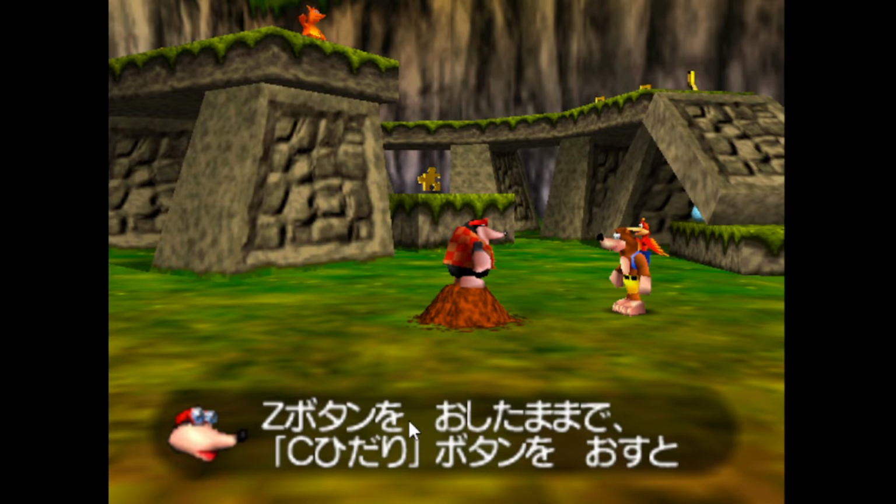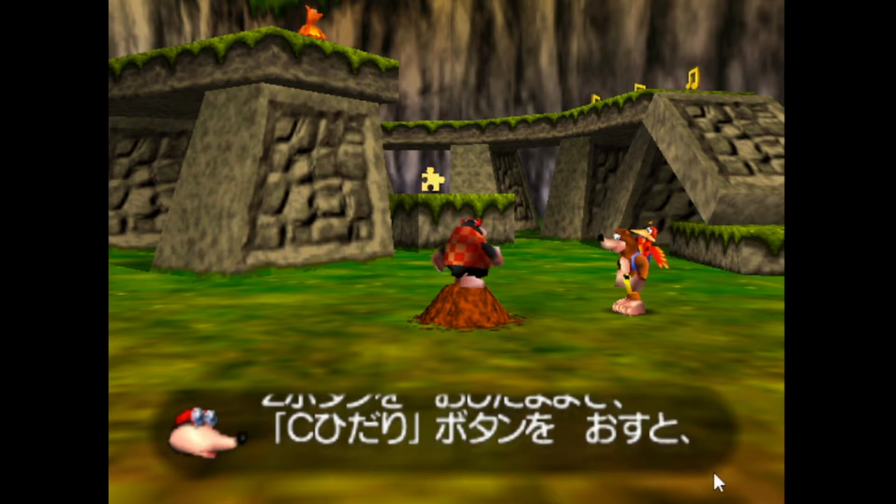So, yeah, obviously it means while holding the Z button. Yeah, oshita mama de. So via or in the midst of, I suppose, the state of having pressed the Z button or while holding the Z button. Shi hidari botan wo osu to. Press the C left button and, or, you know, you could see it as a conditional, if you press the C left button.